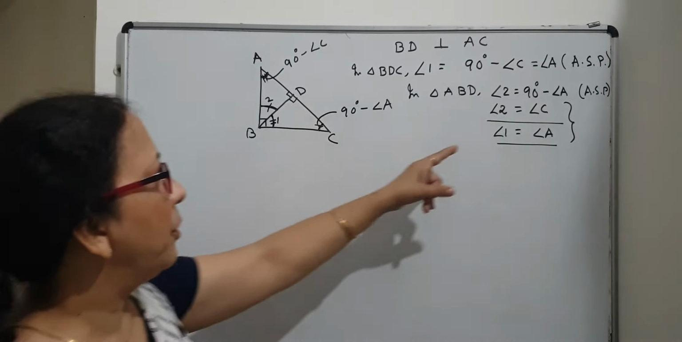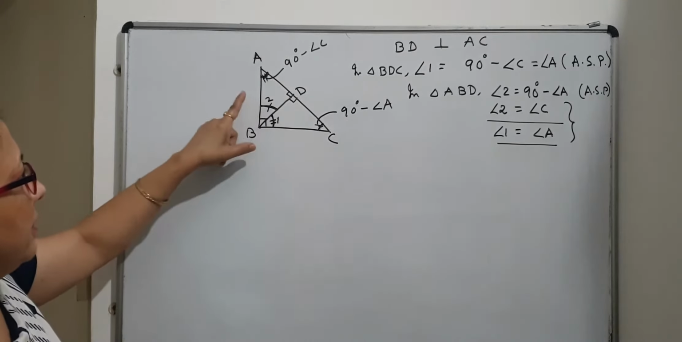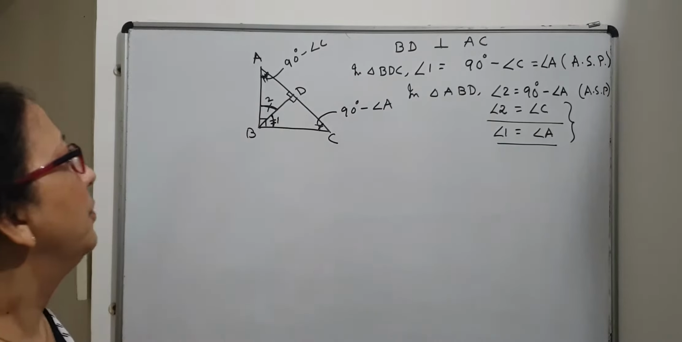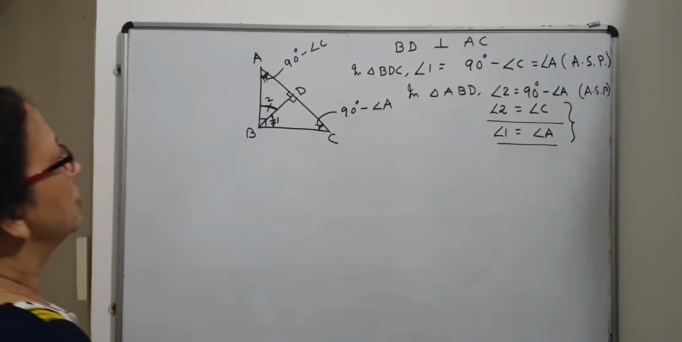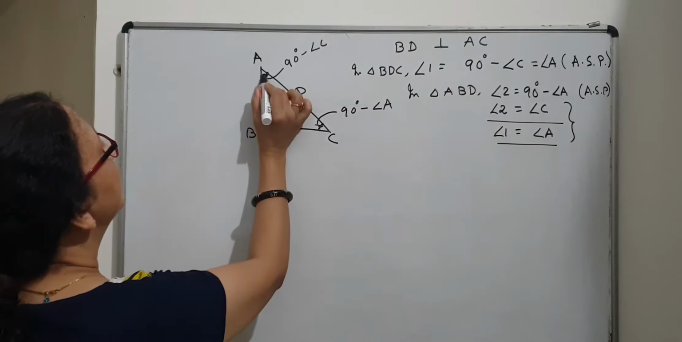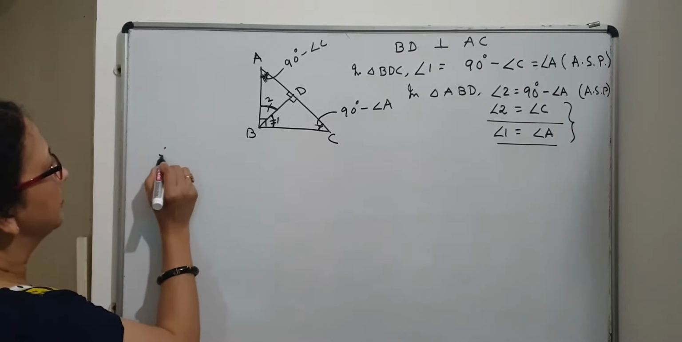So this is very important to know: when I drop a perpendicular to the hypotenuse, then which angles in the two small triangles are equal. So now I know. That means I can write that this angle is equal to this angle. Okay, fine. Right. So therefore, by